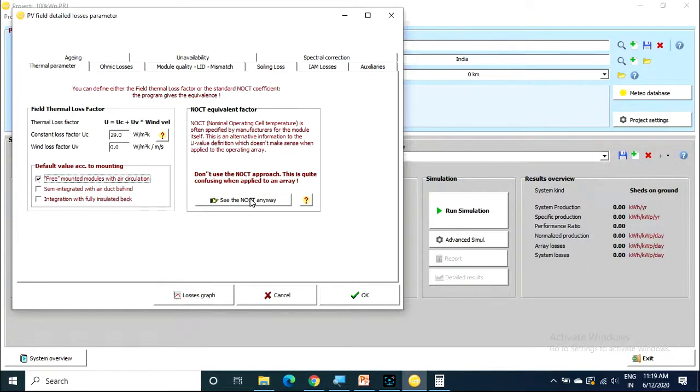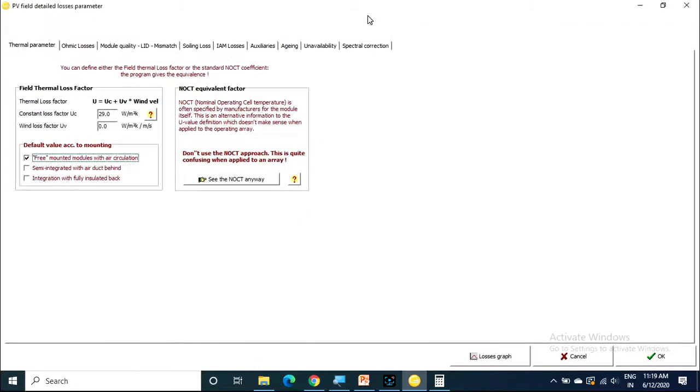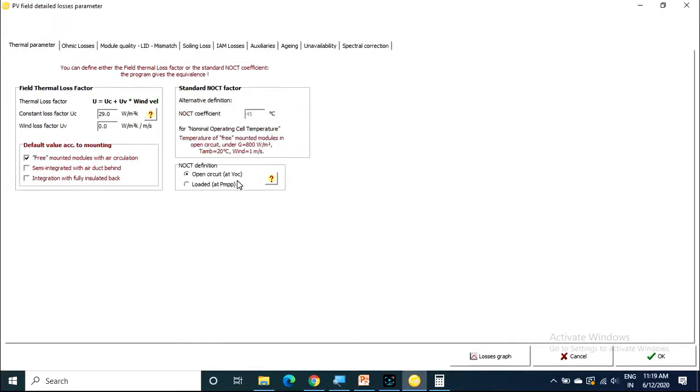Now for free mounted modules with air circulation, check the nominal operating cell temperature. The nominal operating cell temperature is always more than ambient temperature. So see, when you choose free mounted modules with air circulation, the NOCT coefficient is 45 degrees.